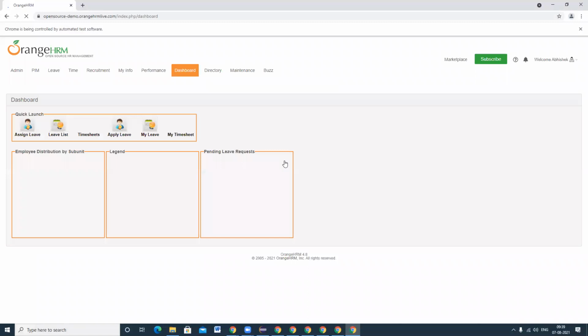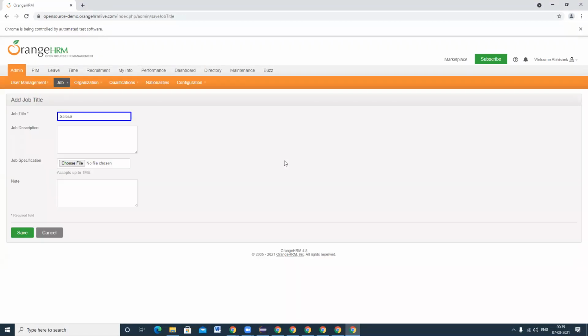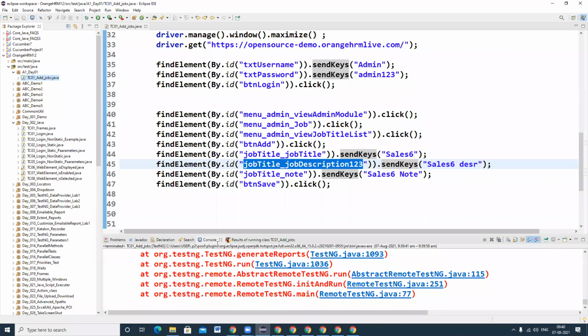So up to job title and job description we can easily identify, because web element borders are highlighting and you come to know easily which line it is stuck at. Let's check what kind of exception you get whenever you give an invalid locator name.